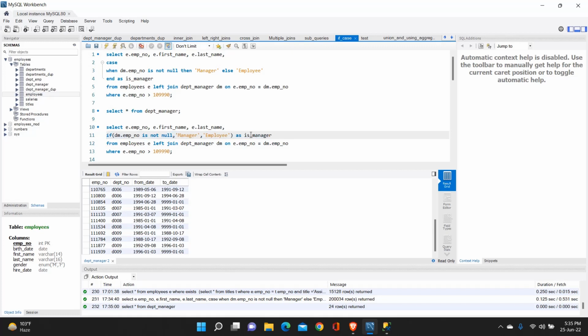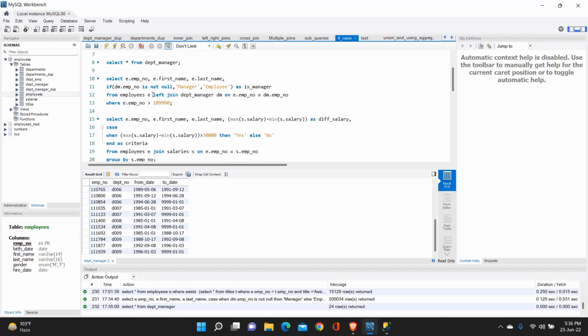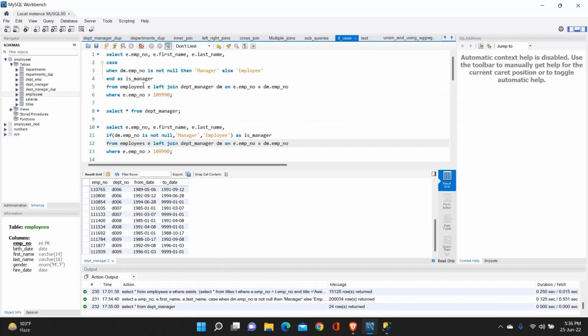It will not work in Microsoft SQL Server. So in Microsoft SQL Server, only this will work: the CASE, WHEN, THEN, ELSE, and AS. In MySQL we can use both IF and CASE WHEN. Okay, so this query is the same query as above,